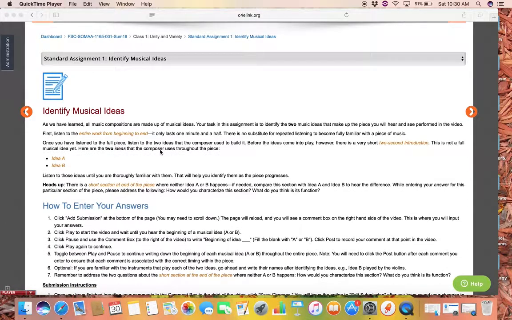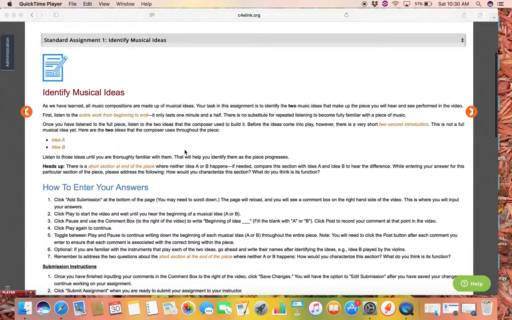I am going to talk you through briefly the first assignment, this first standard assignment number 1. Honestly, if you read these instructions carefully and follow the directions carefully, you should do fine. But the first thing that we will do